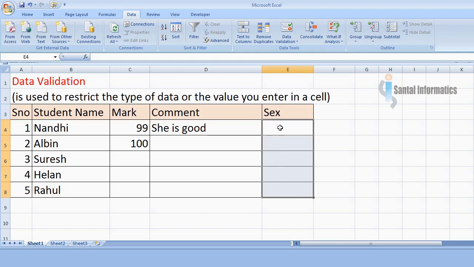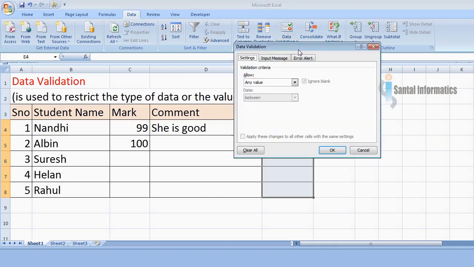Now in this column, I want to restrict the user from typing anything except choosing from the available list. Let us see how to do this. Go to data validation, click data validation. Here in allow, select list. If you select list, it will show another box here.